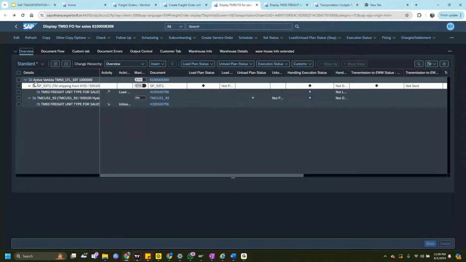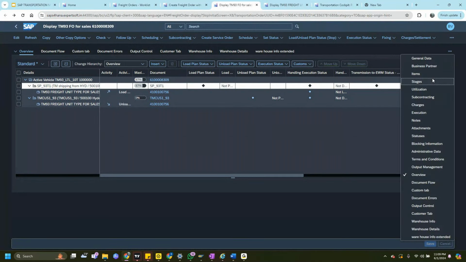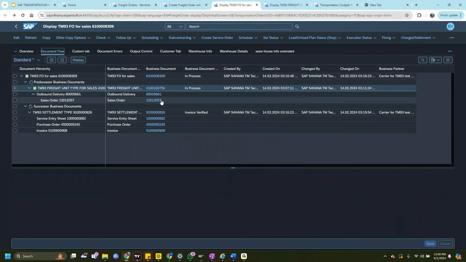So when you see the freight order, what comes in is, where is the document flow? Yes, sorry. This freight unit gets associated to the freight order, and with the freight unit, you can also see the outbound delivery and the sales document that is associated.